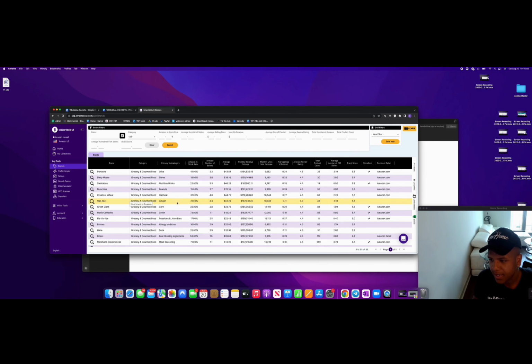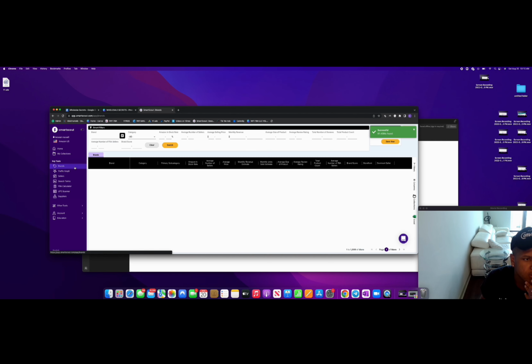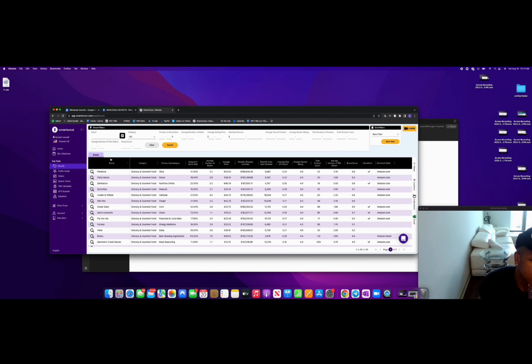Use the brands tab on Smart Scout, okay? So in these next few videos, I'm going to be going over how to use all these tabs, how to fully be able to use Smart Scout. You should have a free 30 days with Smart Scout. But brands are very, very important with what we do with Amazon, because we are looking to open up wholesale